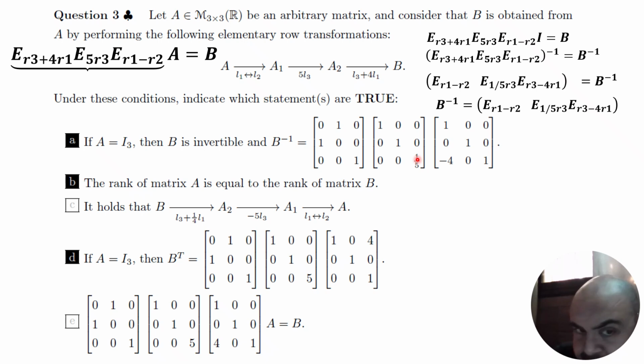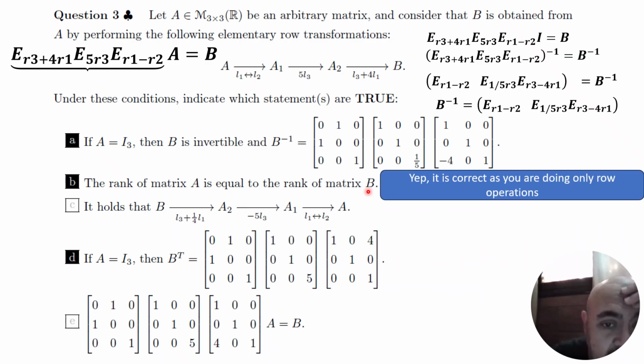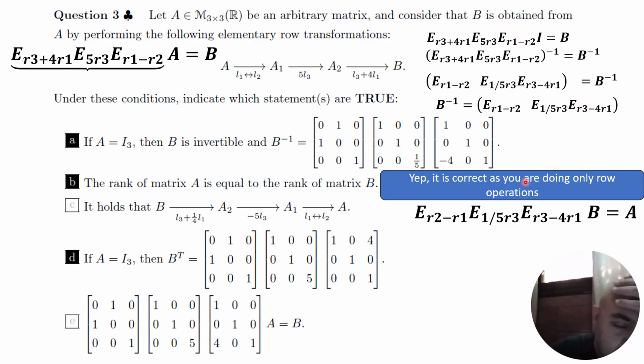Which means the first one is correct. Now, the rank of matrix A is equal to the rank of matrix B. This is one of the advantages of the equivalence of the row operations, that the rank through the row operations is going to be exactly the same. Yes, it's correct. As we are doing only row operations, it will keep the rank. Okay, for number C, it holds that